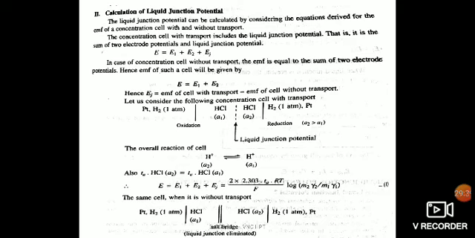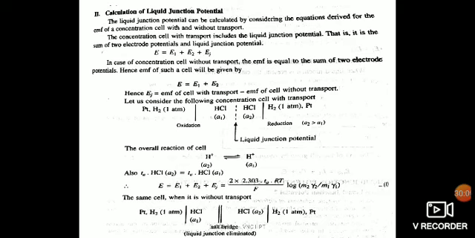At the center, at the junction of the two HCl's of activity A1 and A2, we observe that a liquid junction potential arises, where that arrow mark has been shown. The overall reaction of the cell is H plus of activity A2 giving rise to H plus of activity A1. We can also write that as t_A into HCl of activity A2 equals t_A into HCl of activity A1. Therefore, E is equal to E1 plus E2 plus EJ, and that equals 2 into 2.303 into t_A into RT by F into log of m2 gamma 2 by m1 gamma 1. Call that equation 1.